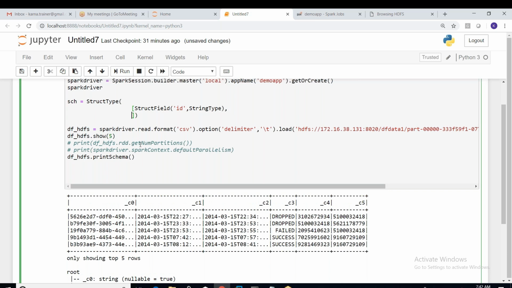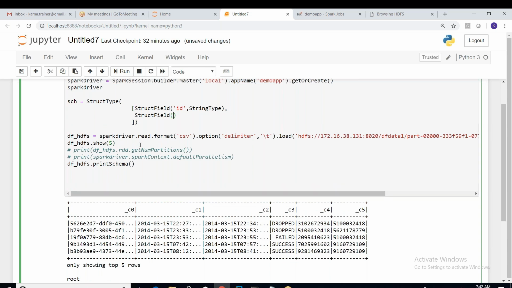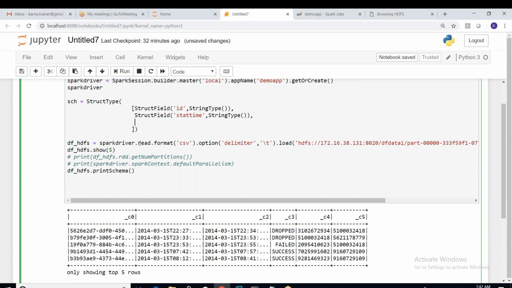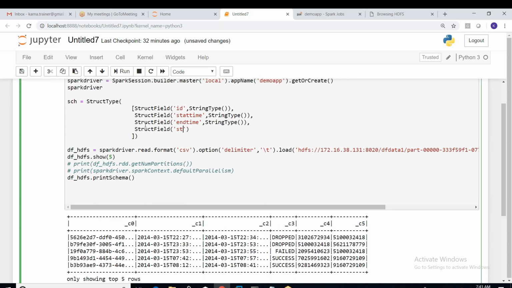All are strings only, StringType. Next StructField, the third field is some enter time, again string type. Next StructField is the status, and this is again string type.